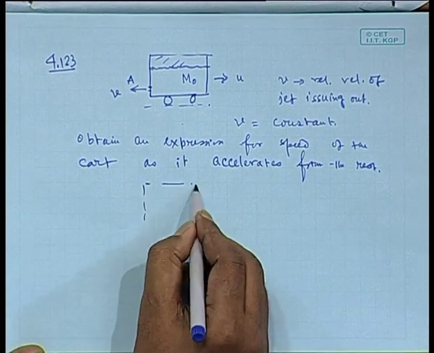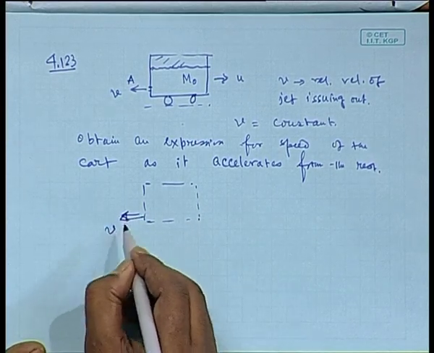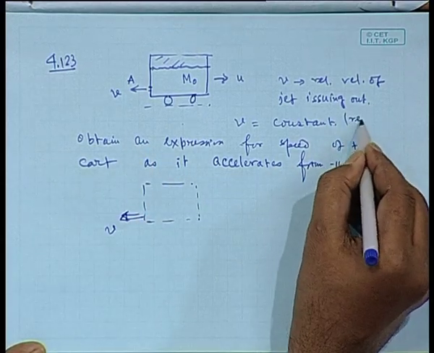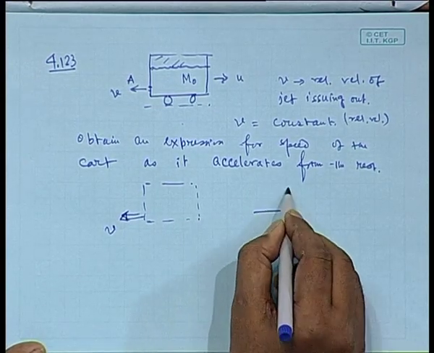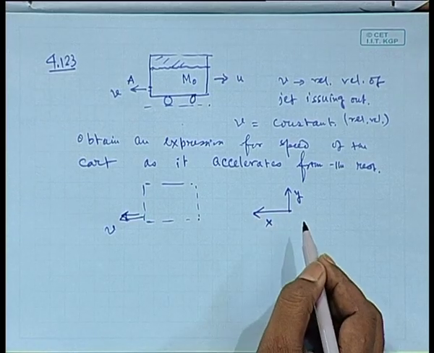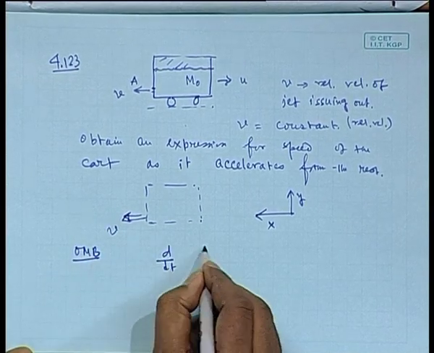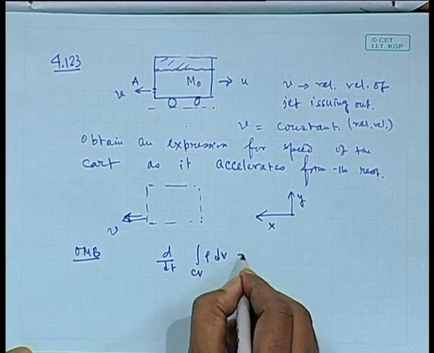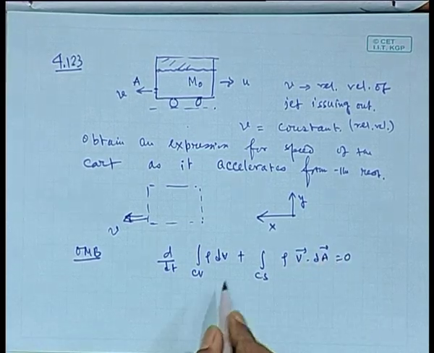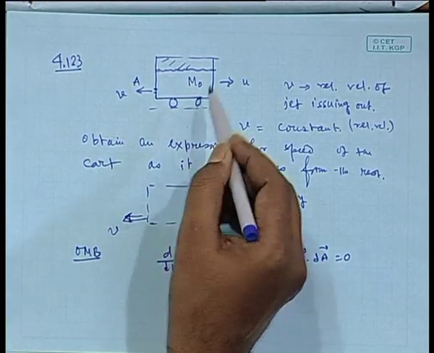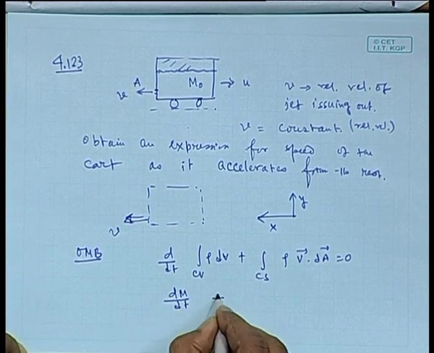So, around the cart you draw a control volume, and this v is the relative velocity with respect to the control volume. Now, we select the coordinate system towards left, let us say it is x direction, and this y direction. You write down overall material balance. In overall material balance, it is d dt of integral rho dV over control volume plus integral over control surface rho v dot dA. Now, at any point of time the mass is, let us say, m of the control volume. So, it is nothing but dm dt plus rho,